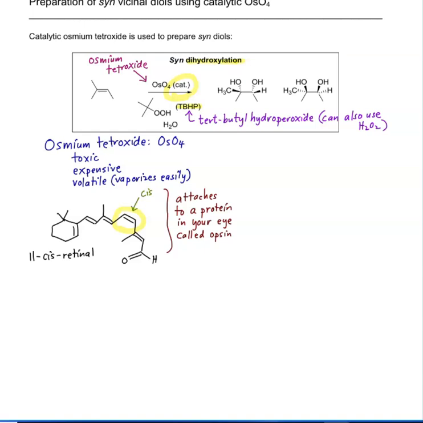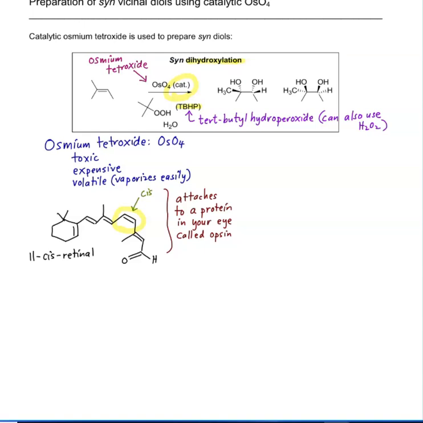Okay, so proteins have active sites, and the molecules that bind to those active sites bind to them in such a way that they fit perfectly. So the active site is, if you will, designed for particular molecules or a particular molecule. So when the retinal bonds to opsin, it forms a complex called rhodopsin,